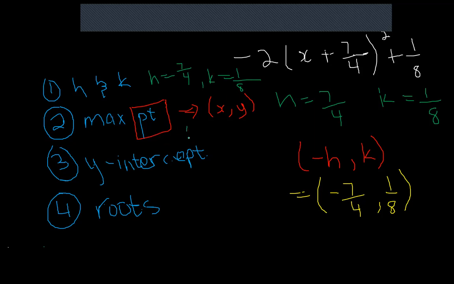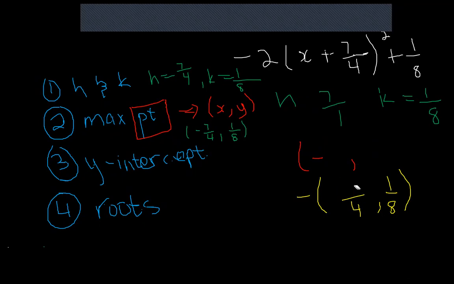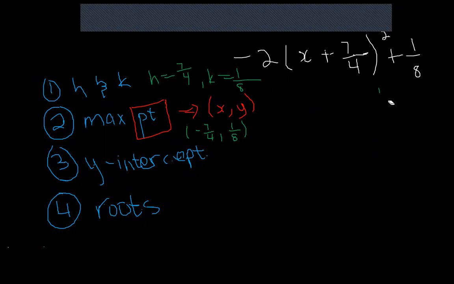Just found out that the maximum point is minus 7/4, 8. Right. The next thing you have to do, find the y-intercept. What is the y-intercept? I said that the y-intercept is wherever the graph cuts the y-axis. But the question is, how exactly do we find the y-intercept? I told you all you need to do is look at the value of c in your quadratic. The quadratic function that they gave us was